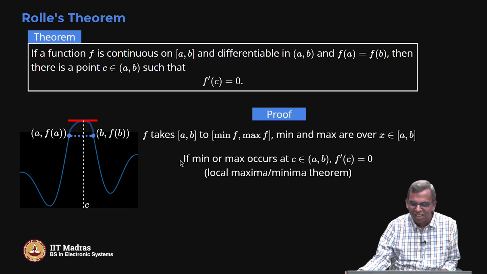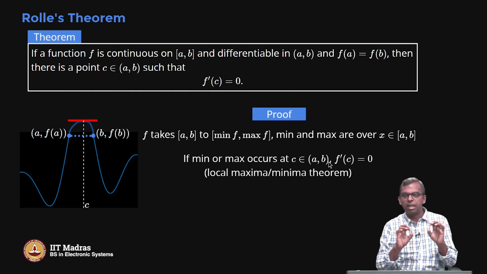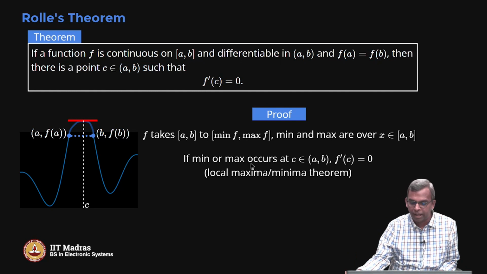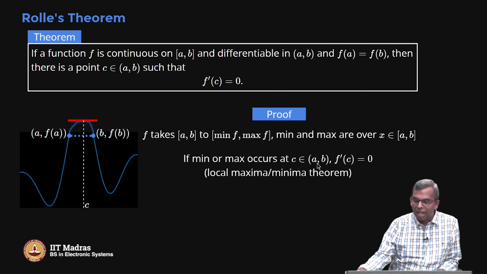No problem. So there are two cases to consider. In the first case, the min or max occurs inside the open interval; it does not occur at the end. We saw in the previous example that in some cases the min and the max were at different edges of the interval, and sometimes the min and max occurred in the middle. That also happened. So the first case I'm going to take is that min f or max f, one of those two, occurs in the open interval and not at the edge. So, if that is true, then for that particular c,